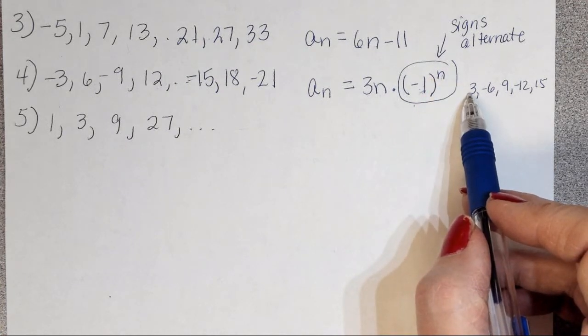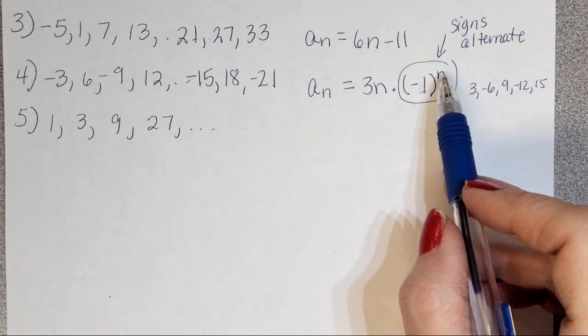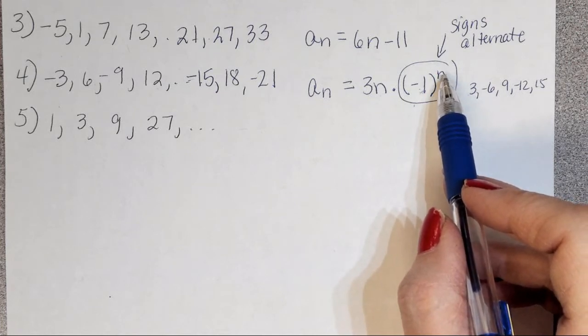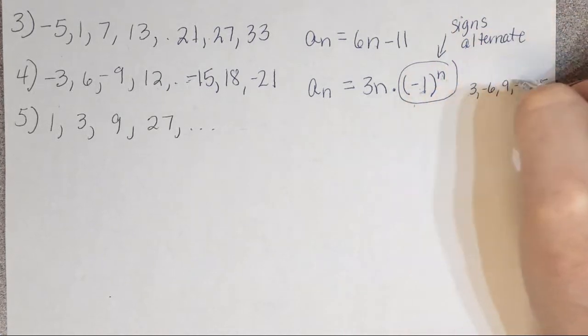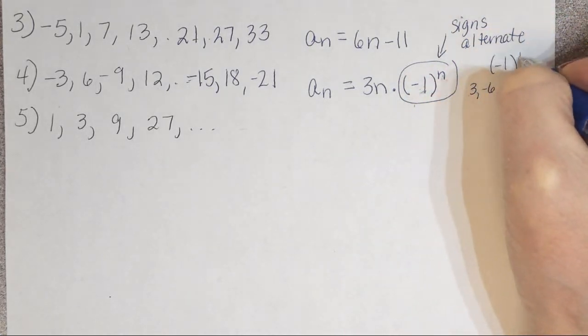1 would be -1 then, so -1 to the -1 is 1 over -1. That would still be negative. So it's not to the negative n. It would actually have to be to the n plus 1. Yeah, that would work. So if we wanted it to start positive, we'd have to do -1 to the n